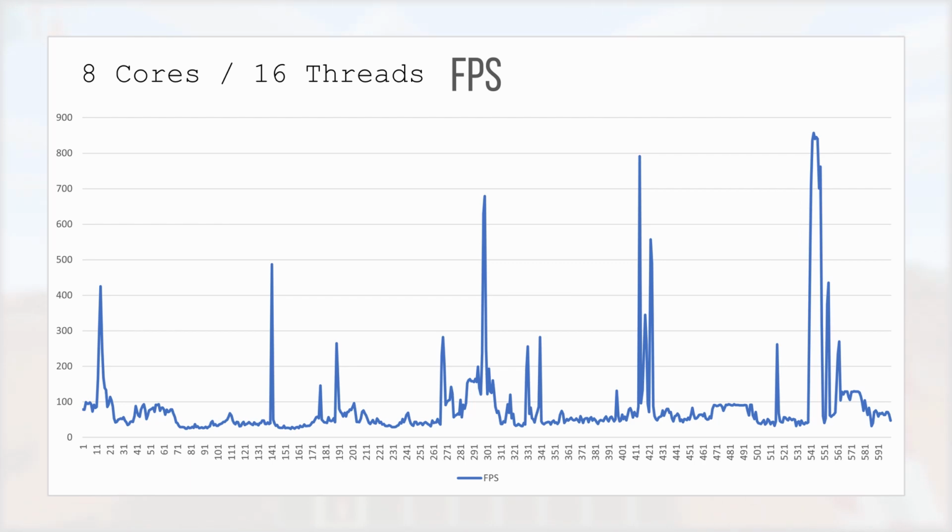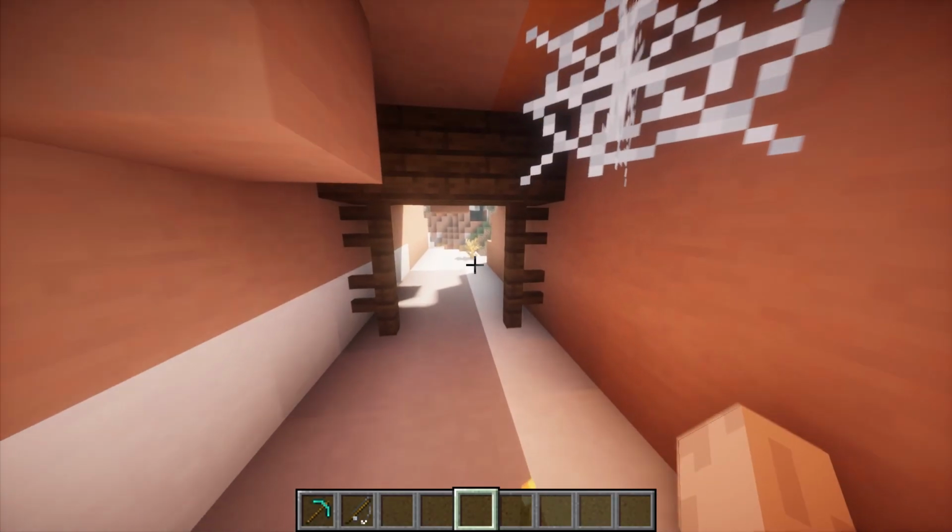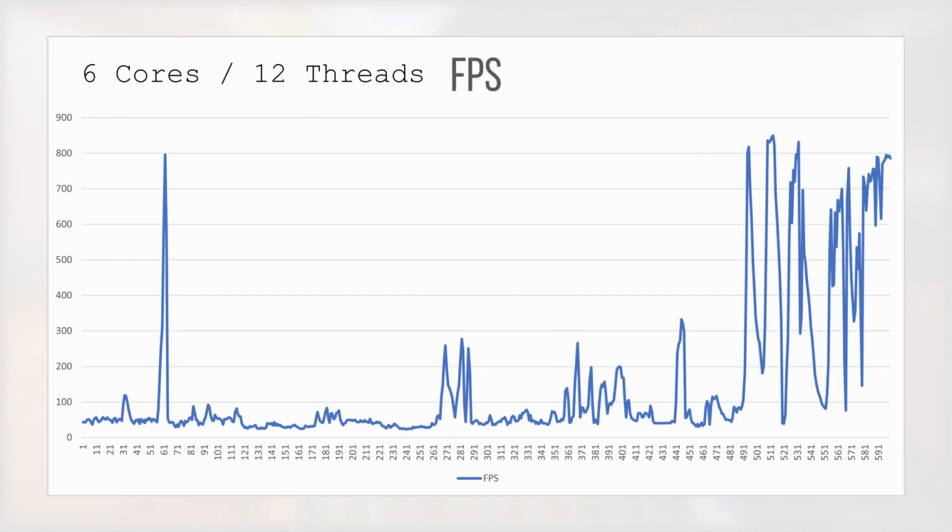To get an idea as to what kind of setup you would need to run Minecraft Java Edition, I also tested on a 6-core 12-thread configuration, which had framerates that were significantly more erratic. Even though the framerate actually looks higher at points, it overall felt slightly worse to play, however was consistent for the most part. This is just an uncapped framerate, so you will feel stutters at times, but it remained playable